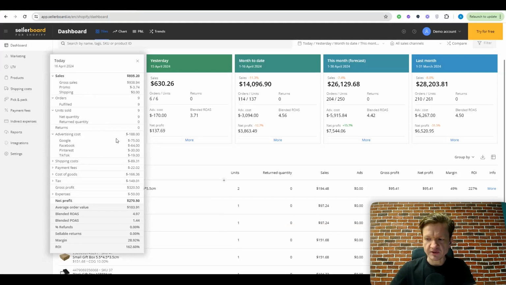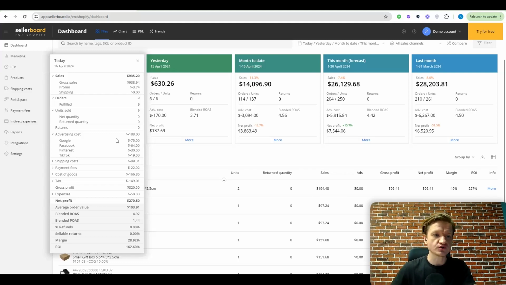To stop a little bit here, so we have a very powerful attribution mechanism for your external marketing channels. And what you will normally do is after you connect your Shopify account to your Sellerboard for Shopify, then you will also connect your external marketing channels like Google, Facebook, TikTok, Snapchat, and other channels. So, and we'll pull the information regarding your advertising costs from there and attribute those costs to the sales that you have in your Shopify account.